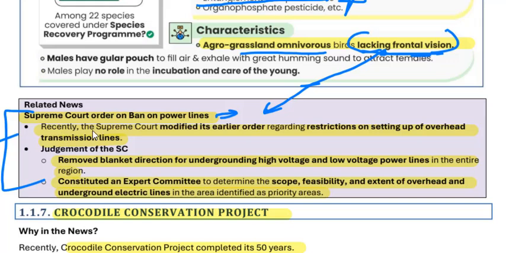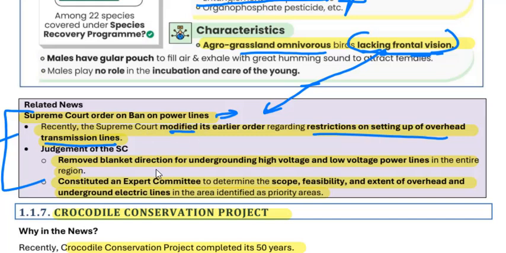Recently, the Supreme Court modified its earlier order regarding restriction on setting up overhead transmission lines. Initially, the Supreme Court had ordered that you cannot set up overhead transmission lines. Later it was modified: if you want to set up, you can go only through the underground way,